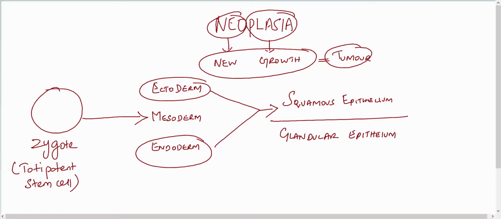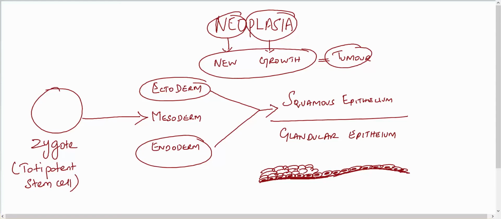So let's take an example of skin, and you all know the skin has a basement membrane. Just above the basement membrane the basal cells are arranged, and that is called the basal layer. The basal cells have a capacity to divide, so they have a very large nucleus, and they divide and form another group of cells called